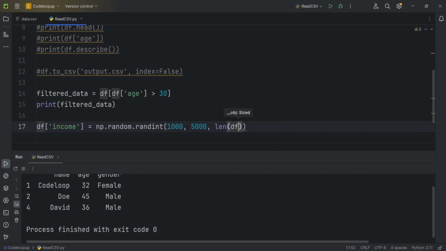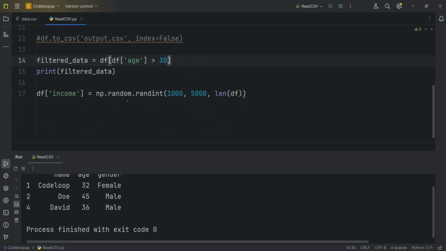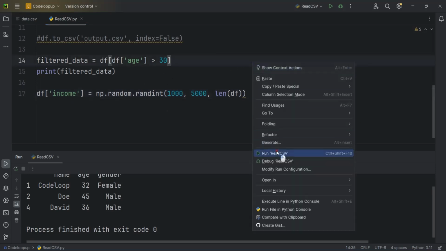According to the length of our data frame, we want to create a new column called income, and we will have random numbers up to 5000. Now if I run this,